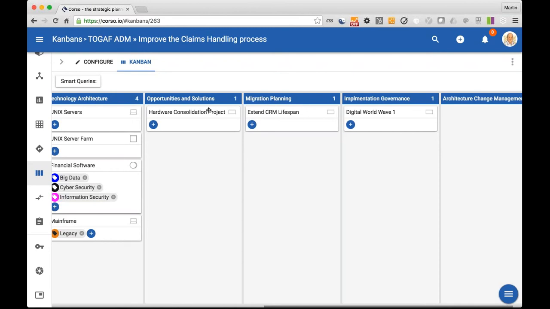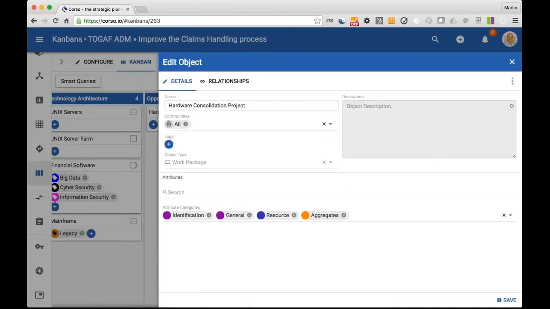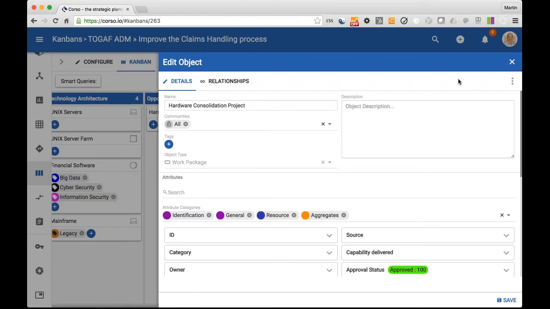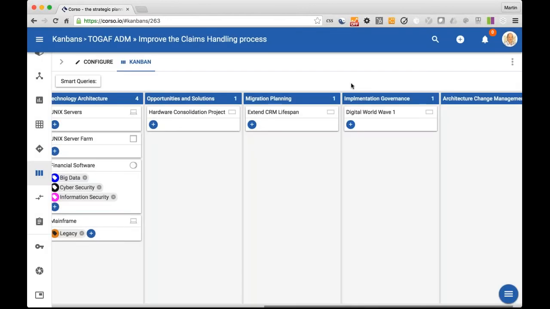Okay, and again, for any of these, by the way, anywhere in the product you'd click and you can just edit the object and work with it. Okay, so that's a Kanban, and so really we covered some of the collaboration aspects of the platform there,